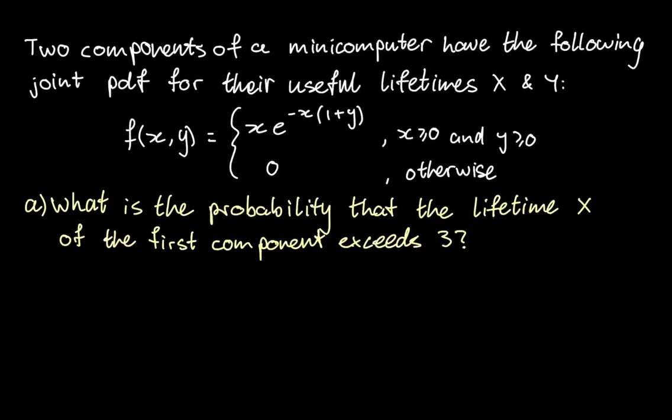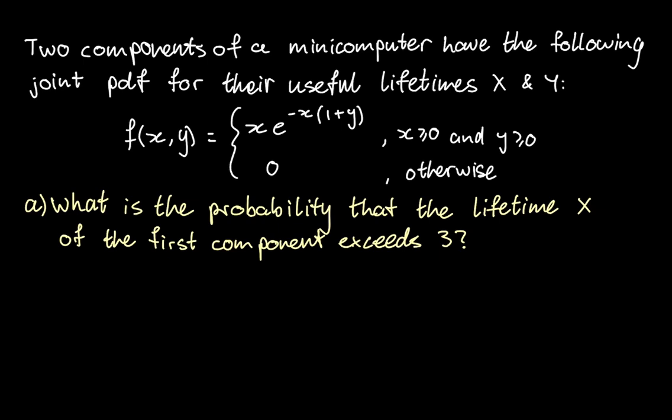I'm going to show you exactly how to deal with joint probability density functions, how to calculate marginal probability density functions given a joint, as well as assessing independence of the involved random variables, as well as calculating probabilities that involve those random variables. Okay, so I have 5 questions, question A to E, lined up for you, and I'm going to go through the solution and explain as I go what I'm doing and why that is the correct